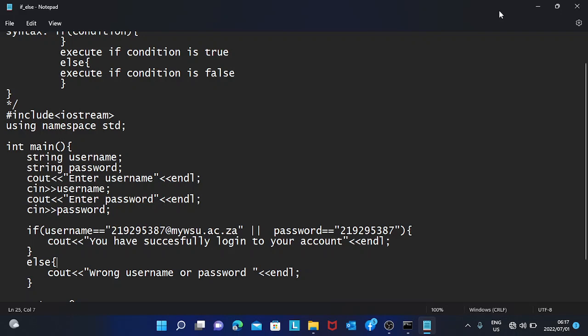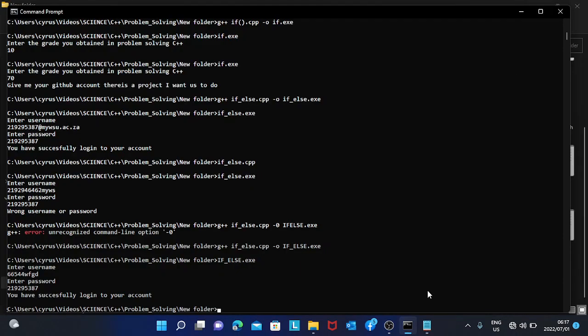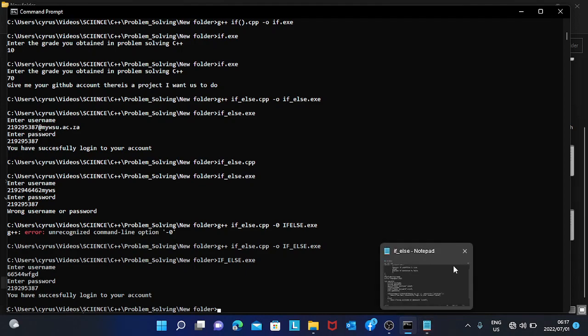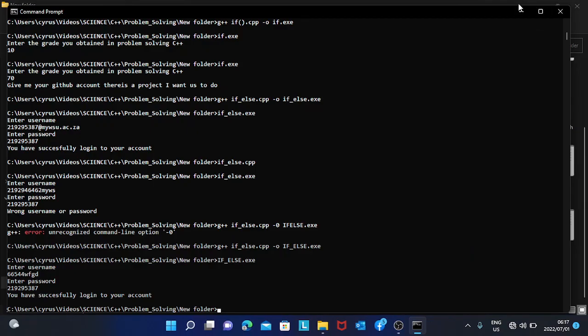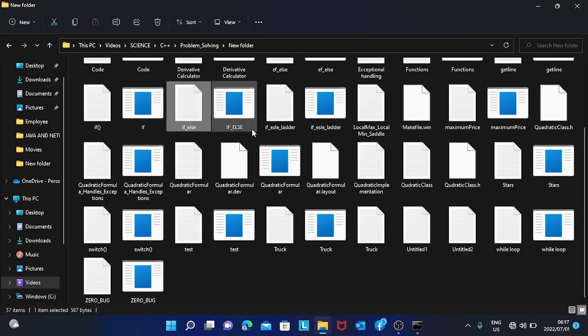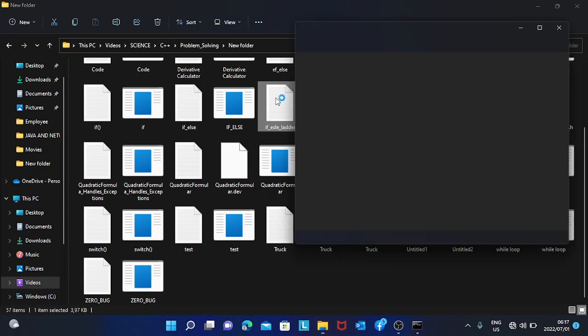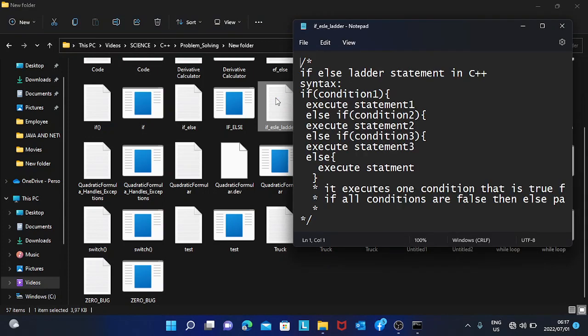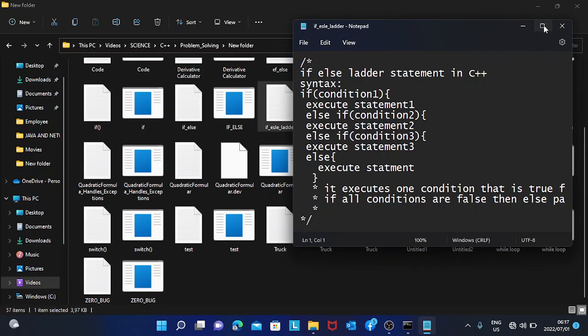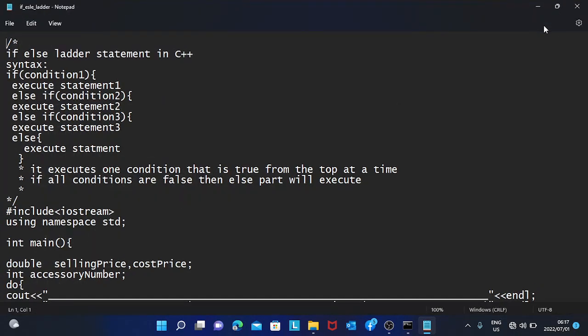Let's proceed to else if. What is else if? Else if, else if. Some call it else if light. I don't know why, but some people call it that. It's just that now we have a lot of these conditions,